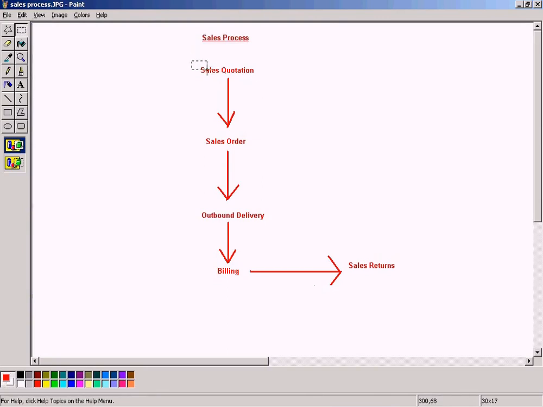So we normally raise a sales quotation and send it to the customer as a preliminary document before the sales order, and once he has agreed with the prices and things like that, and if he agrees to convert the sales quotation to a sales order, he'll give his agreement to us so that we can convert the sales quotation into a sales order. Then from sales order we can